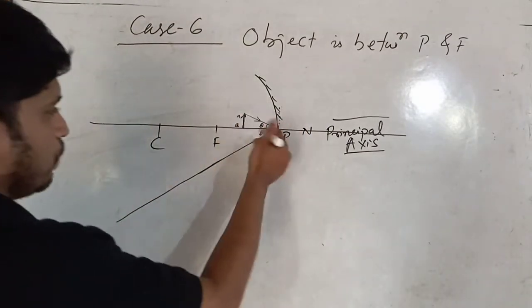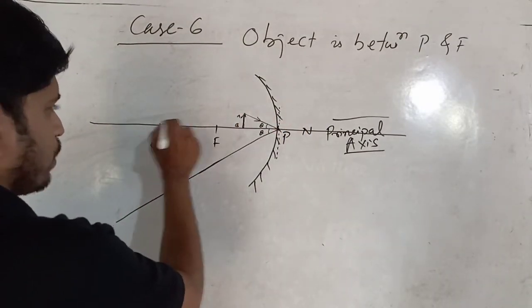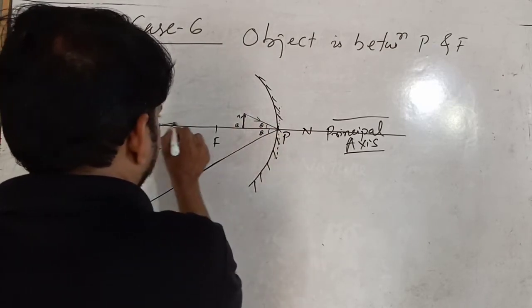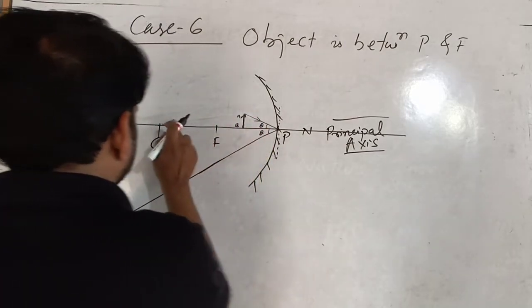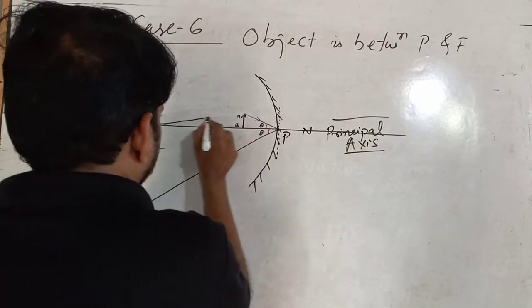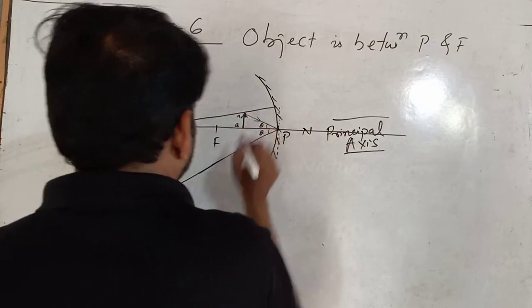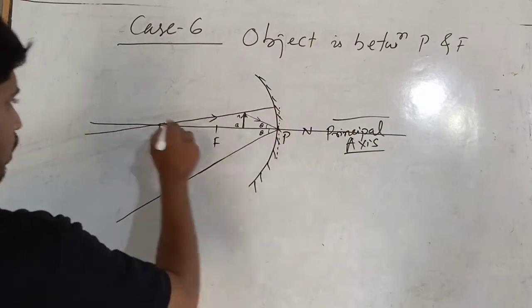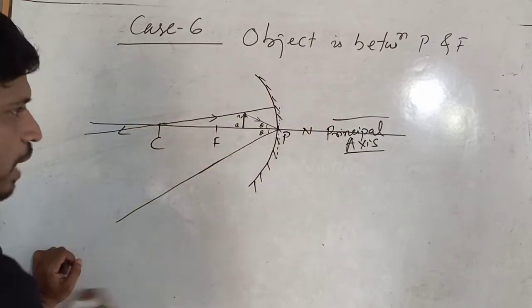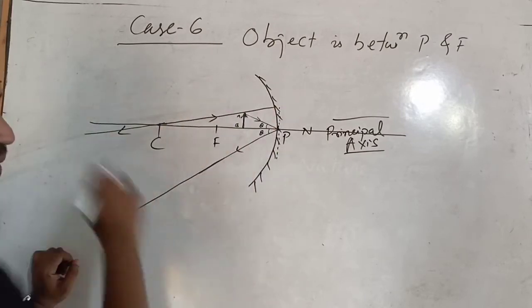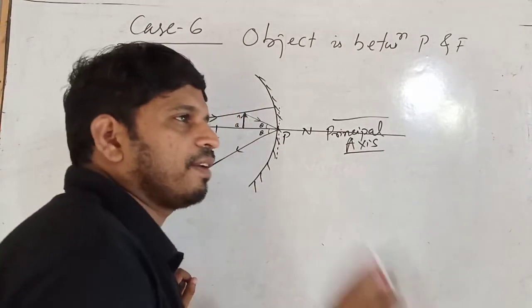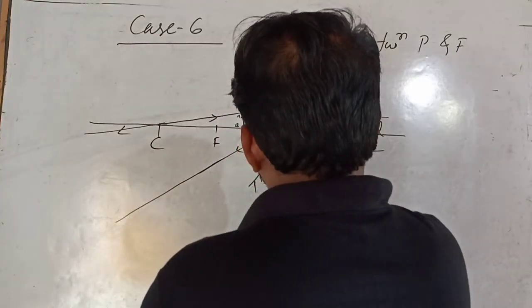So this is the same angle, and another from C to point A and the mirror. Connect it. Now use the ruler, it will be very easy. One side, both the points. It is coming from C, and it will retrace the path, again comes back to C, through the sheet. As any ray passing through the center of curvature will retrace the same path. So this is the same angle.